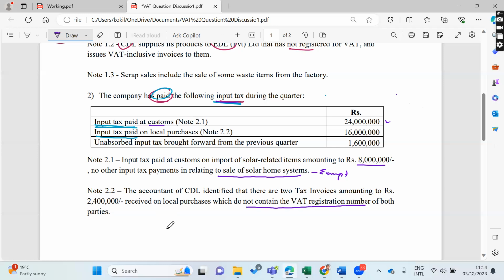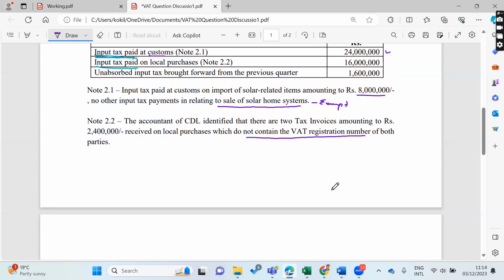There are some points that must be on a tax invoice. The VAT registration number must definitely be there. Definitely it should be there in the invoices when they are issuing the invoices to the other party, if it is VAT registered. When they are issuing the tax invoice, there are many criteria, right?